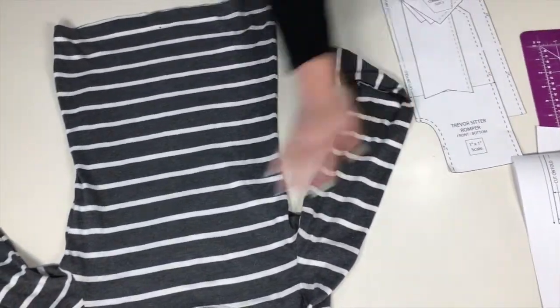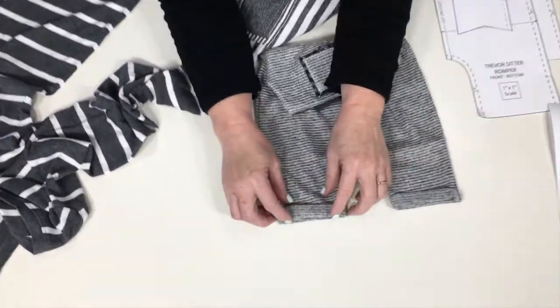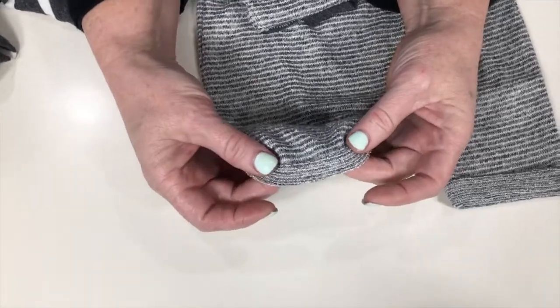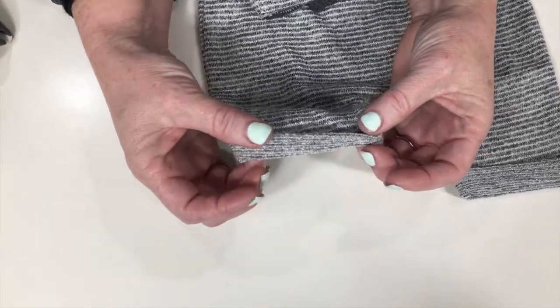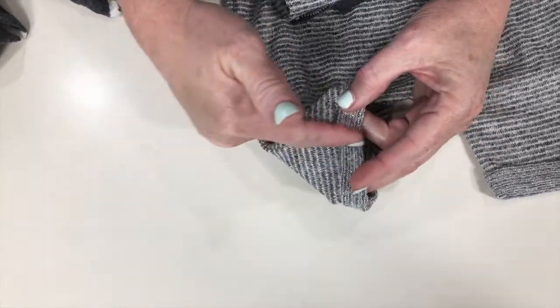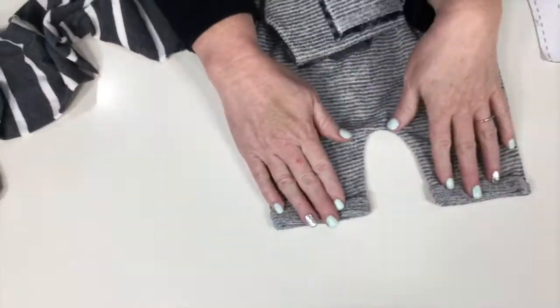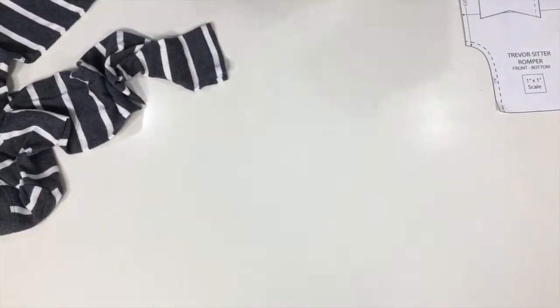I have 2 rompers here. Let me show you real quick the difference on these. This is how I originally made it, so that you could roll up. So the pattern is this way, so you can roll it up twice, and then when I sewed the seams, I just incorporated that into it. So I didn't have to hem them, I didn't have to do anything. I just folded them up and that did that. This one,